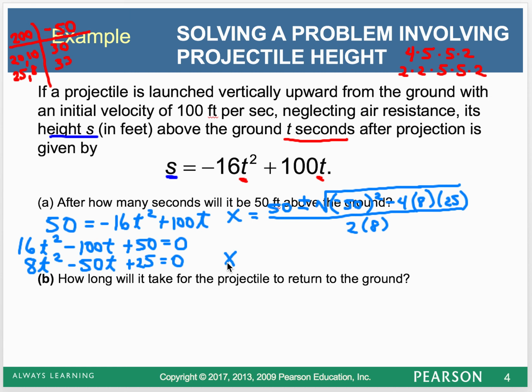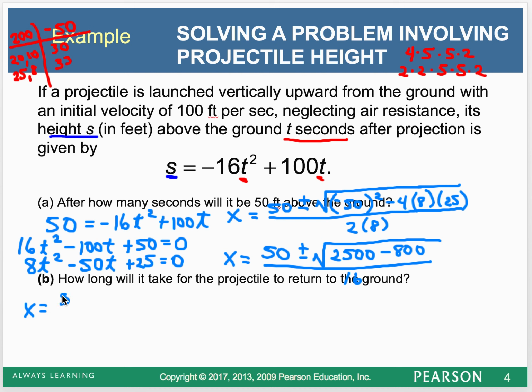Okay, so x equals 50 plus or minus... it really didn't give us room to work this one, did they? Negative 50 squared, so 2,500, minus, now 4 times 25 is 100, so 100 times 8, 800. I'll just have to use up the rest of this room down here and we can erase it. Okay, so